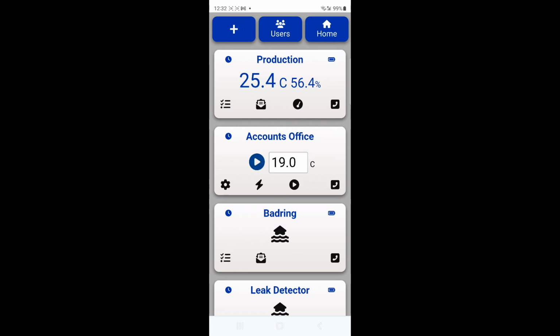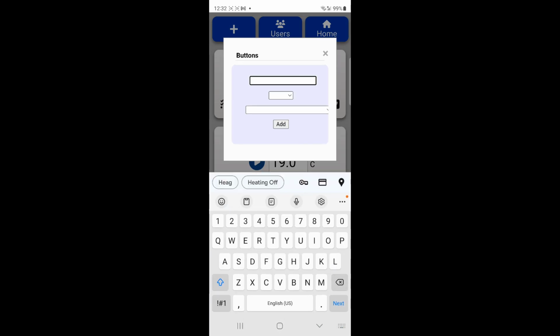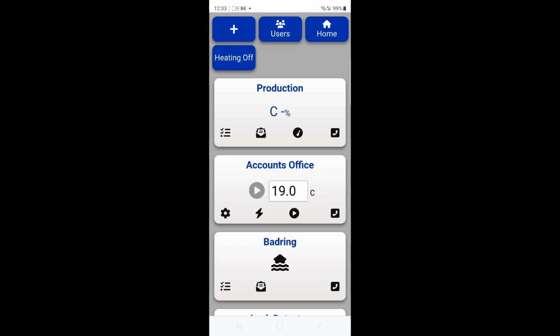I'm going to click the button in the top left there, the plus button. I'm going to click on buttons, and then I'm going to give it a name. We just want to control the heating, so I'm going to do heating off. Heating off, okay, and now I want to make another button,